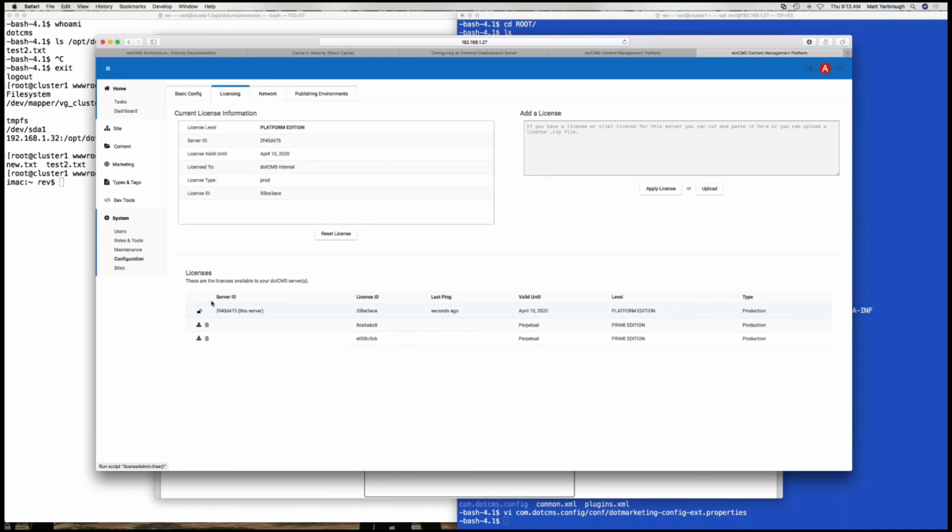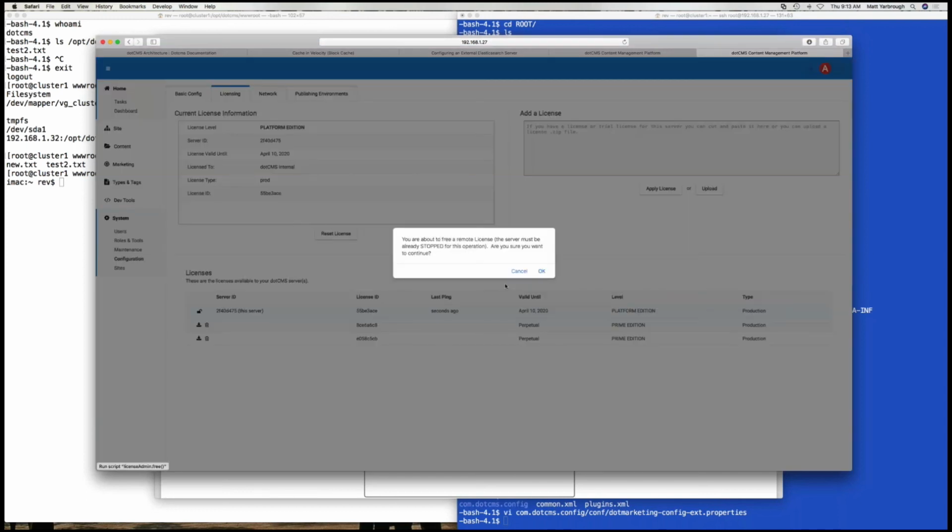I do not want to use this license that I just applied because it is a platform license, and I want to use a cluster. I can use cluster with platform, but my cluster licenses here are a different level than the platform, and you want to make sure that all your licenses are the same level. So I'm going to remove that license,